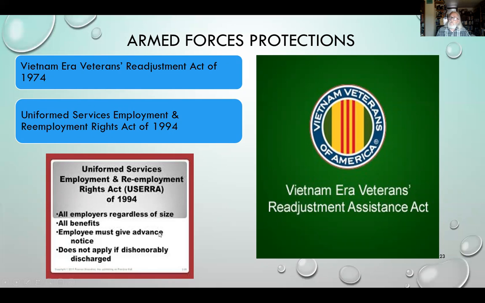You have to really pay attention to discriminating against people. And we've got some of these other acts, not quite as important as this first one here, the Uniformed Services Employment and Reemployment Rights Act. In other words, if you're called up from the National Guard and you have to just leave your regular job because you've been called up and you have to go away for a couple of months,